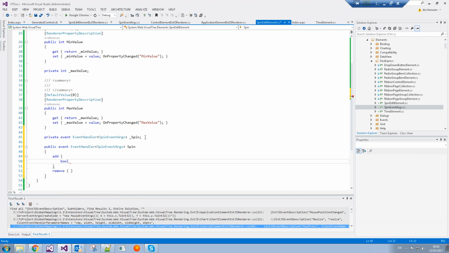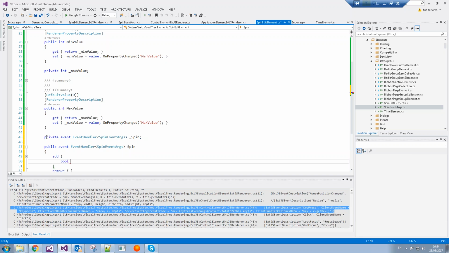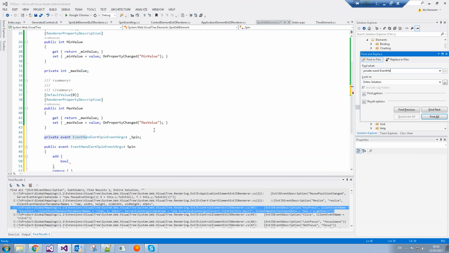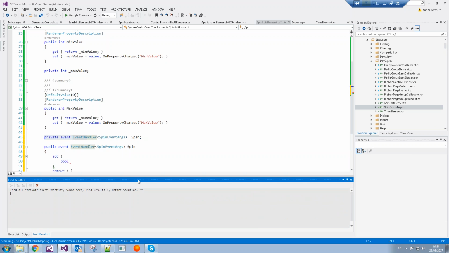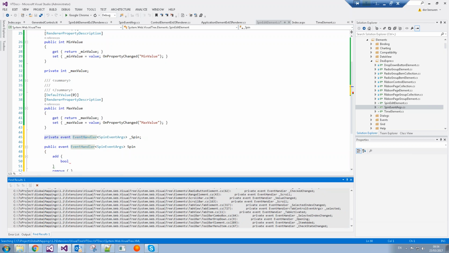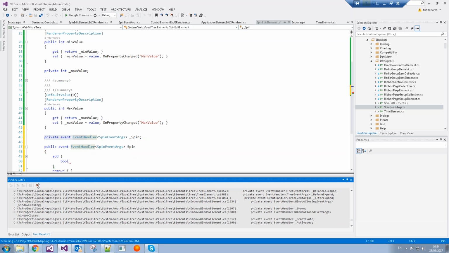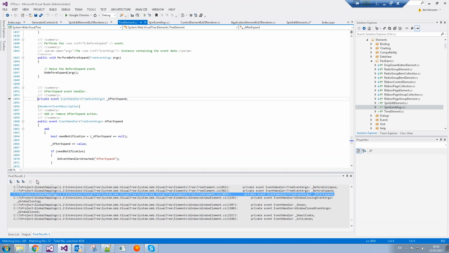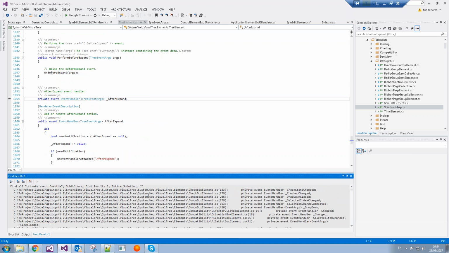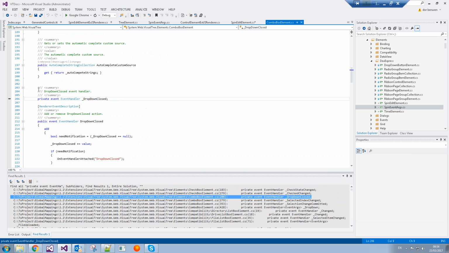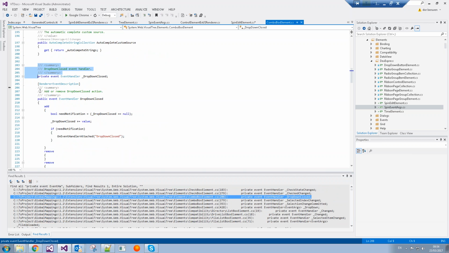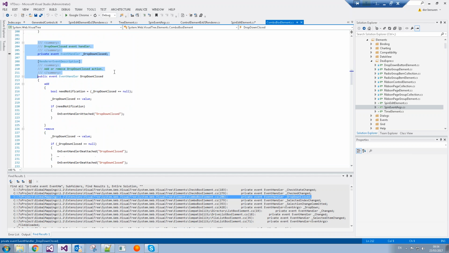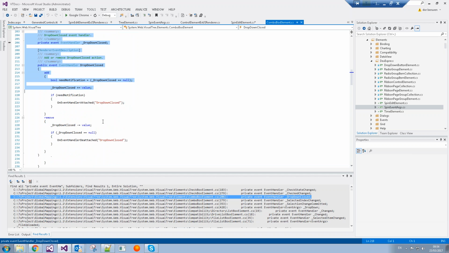Or let's copy it from another place, the event tags. Let's search. Okay. Let's choose one. So let's copy this one. We have the private event handler, the public event, and